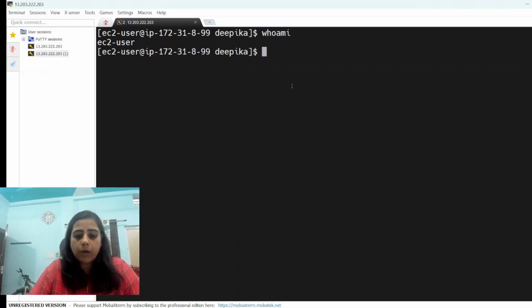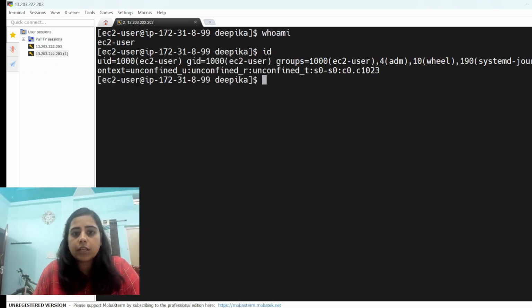If I type id, it will give me the details of this particular user, like what is the UID, GID, group, and whether it is a sudo user or not. So we can check it. Like this one, if it belongs to the wheel group, then definitely it's a sudo user. Okay, the next one is,